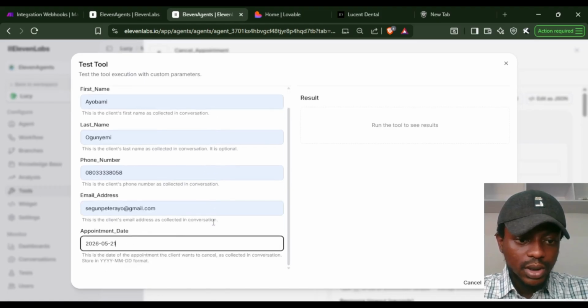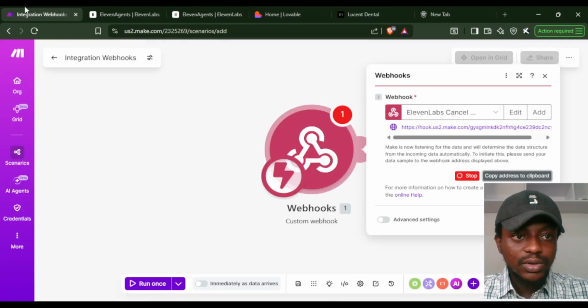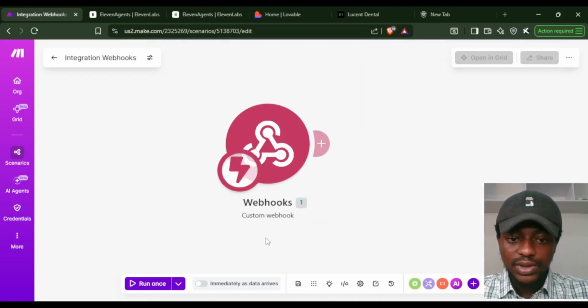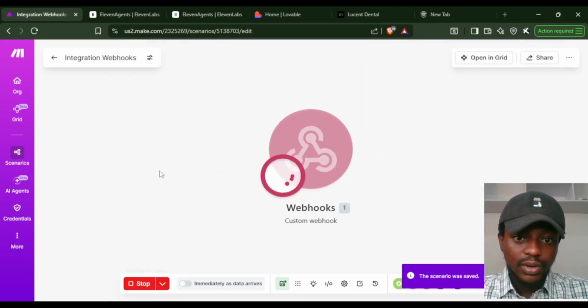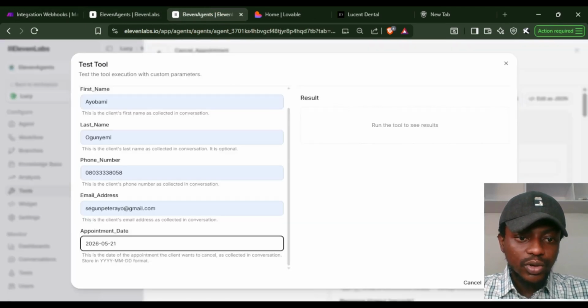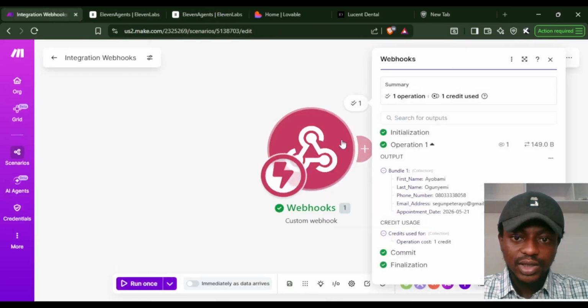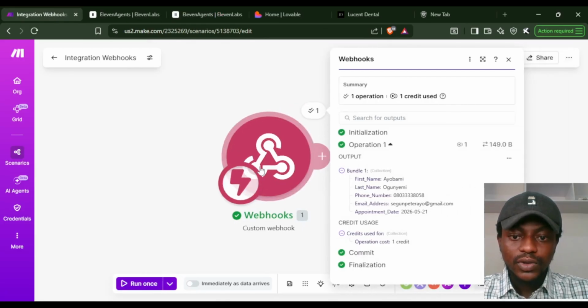I think that's all. And before we run it, remember the routine. You come over here, make sure you save this, run this bad boy. After you have run this bad boy, you come here and then you click run. You should see accepted here, and once you have seen accepted here, it will show here. Right? So after I've done that,